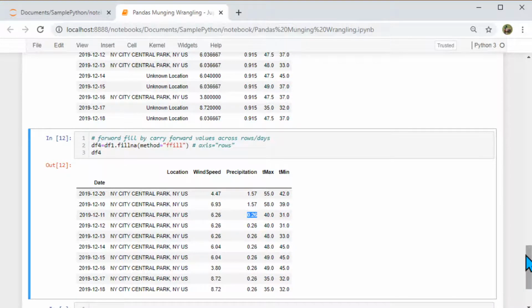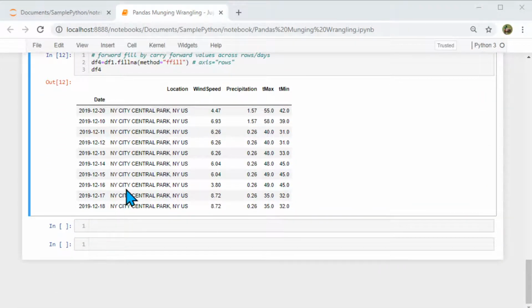I keep filling forward until data is available. So whenever we need any data, we do forward fill, and this goes across the rows or across the days. So by default it is going top to bottom or across all the rows, and if you want to force it you can say axis equal to rows. Anyways,